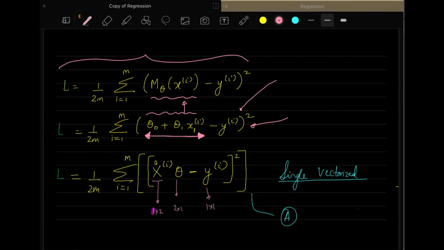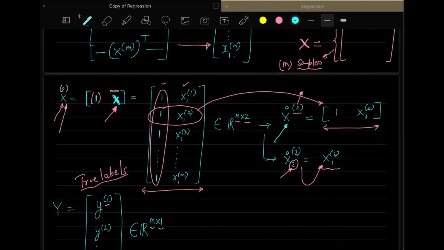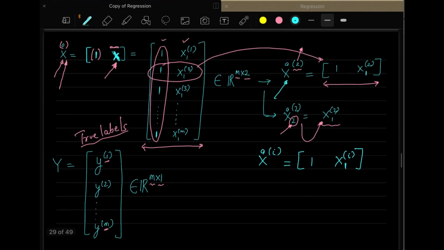If I want to do that, I can do it using the matrices that I have already defined. You can see clearly that I am representing this particular expression by this expression. This xi comes from this x on the top, and we are taking the ith row of it. I was telling you earlier that this thing is basically this, so what you are actually doing is taking the ith row. It will be like this. So this is the ith row.